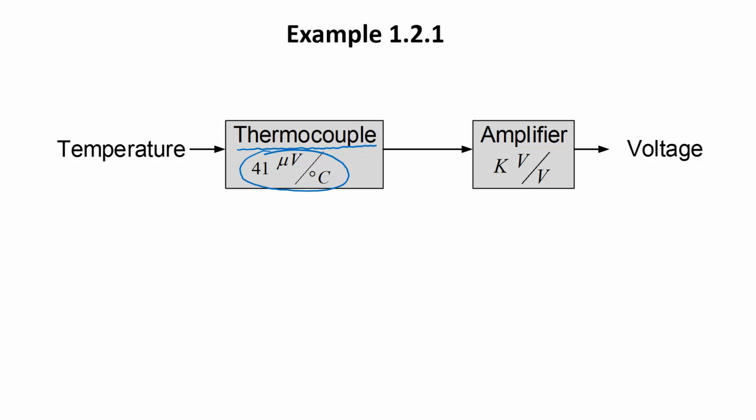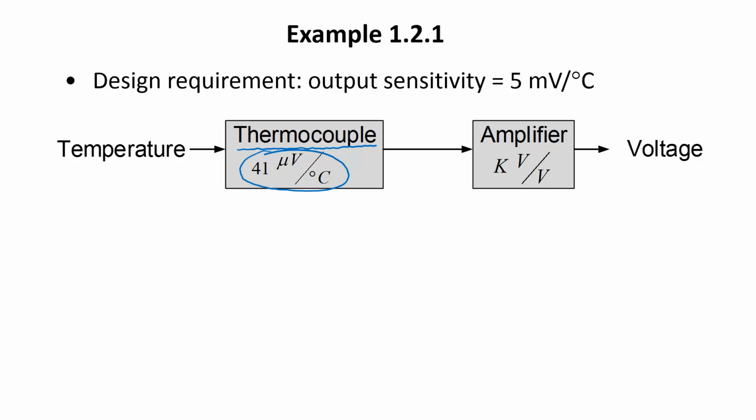microvolts per degree centigrade. The sensitivity of the thermocouple itself isn't actually high enough for our application. We have a design requirement for our temperature measurement system that the rate of change of voltage of the output with respect to temperature needs to be 5 millivolts per degree centigrade. A design requirement simply defines how our system must operate. It's set by whomever is using our system. We don't really need to know where it's coming from or why, we just need to create a system to